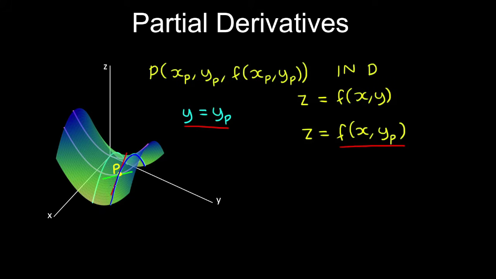So therefore the horizontal coordinate of this curve is x, and the vertical coordinate is z. So z is a function of x. Because we're holding the y value constant at yp, y is not a variable in this function. So if we take the derivative of this function with respect to x, being the function that defines this curve, which is f of x with y being constant,